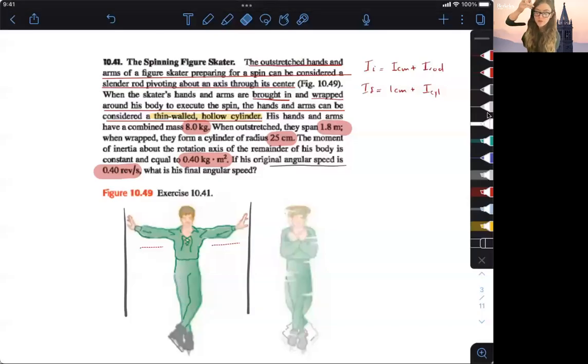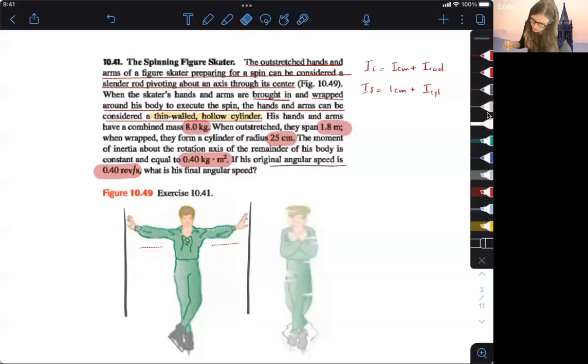Okay, so for our first problem, we're looking at a figure skater. The figure skater starts with his arms outstretched, and then he brings them into his body. So we're looking at conservation of momentum here. When he has his arms outstretched, he has a different mass moment of inertia than he does when he